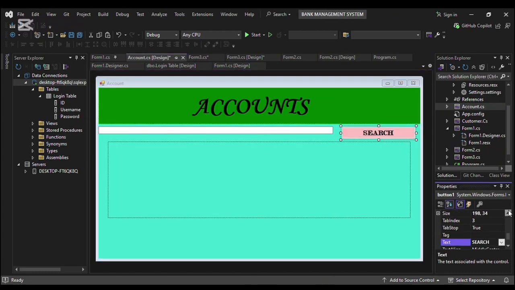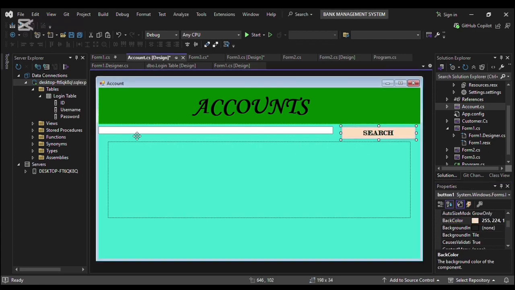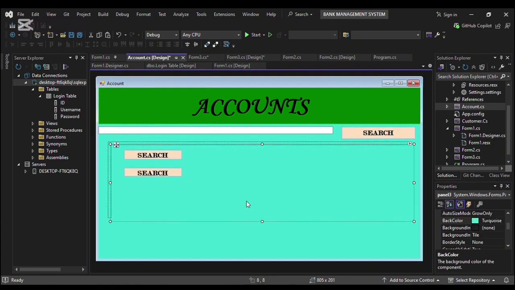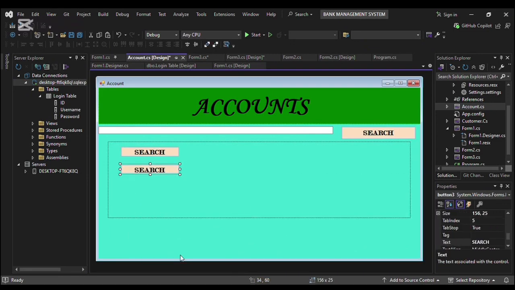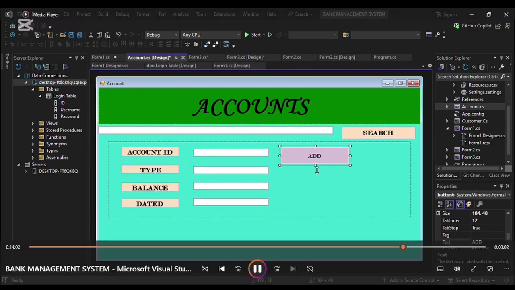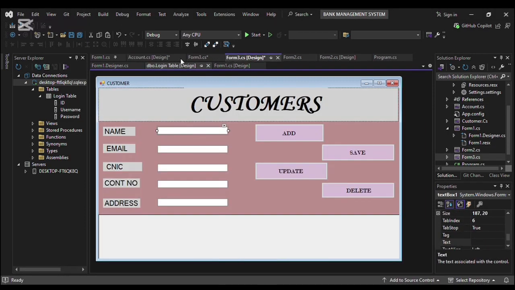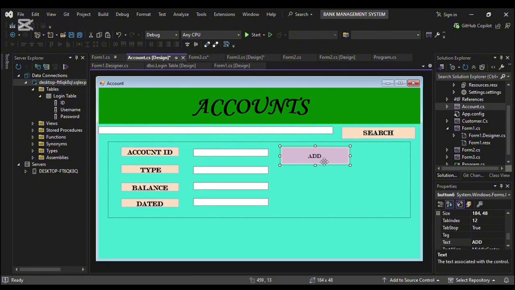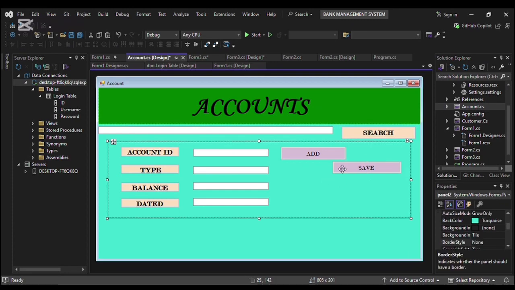So I have added a text box from my toolbox, then I have added the labels, and I have just copied the previous labels like the search labels, and now I will change their text properties according to my will. I have also created a panel, so it would help me to separate my different panels and my data grid view. So yes, I have created the labels, and now I would add my basic buttons like add, save, delete